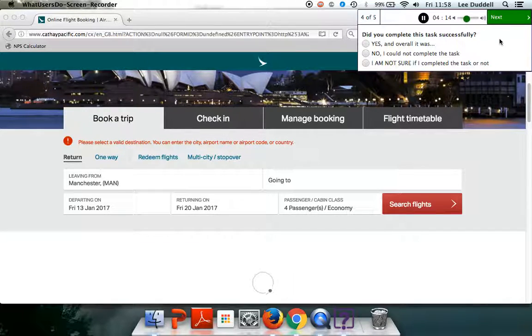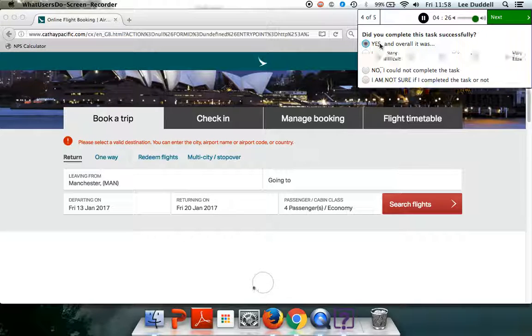So before we move on to the next instruction, there's a question about that task, which was me trying to book a flight to Cairns, or try and find the price of a flight to Cairns. Did I complete this task successfully? Well, you know what? I didn't. Yep, so there are 3 options. If I select yes, then I get to say how